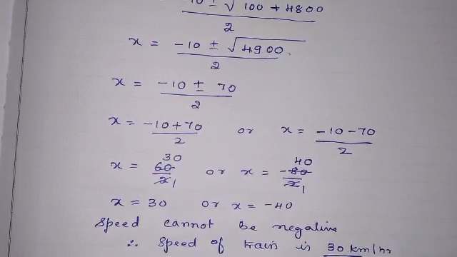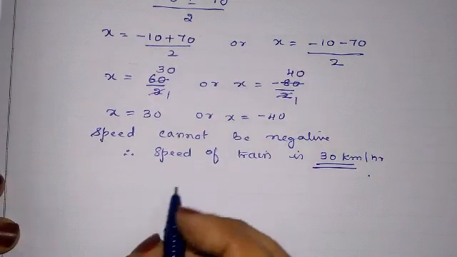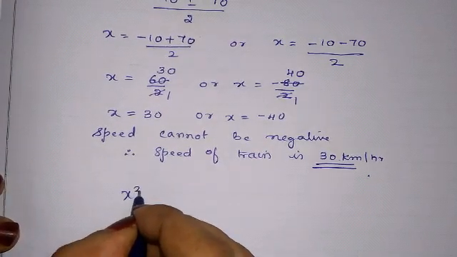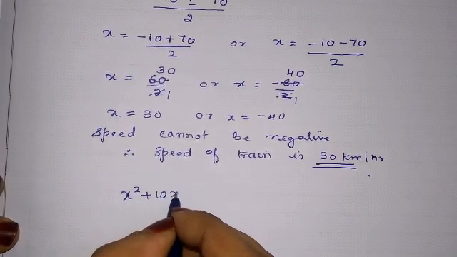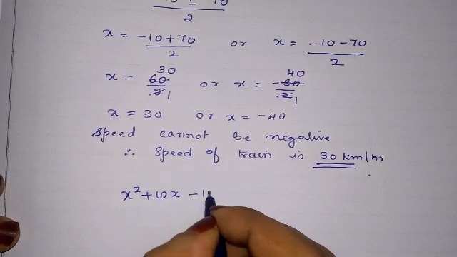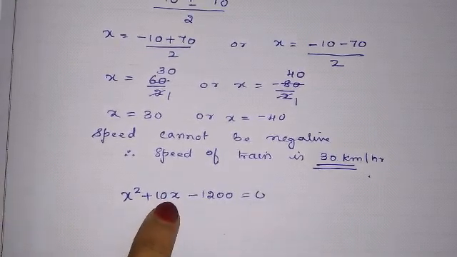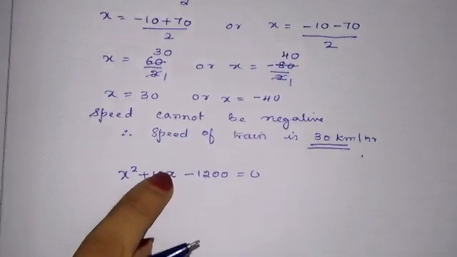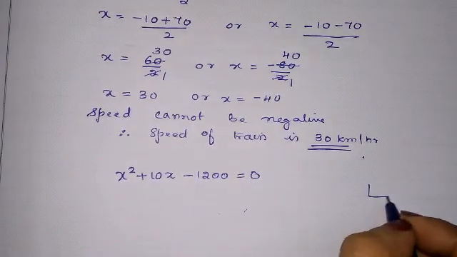Now if we want the same problem with factorization method, then how we have to do? x square, I'll write the question one more time, plus 10x minus 1200 equal to 0. From here we have used formula method. Now here we can do this factorization method also. Whichever you feel easy you can do that. Here I'll do the